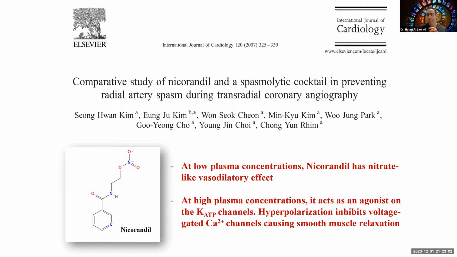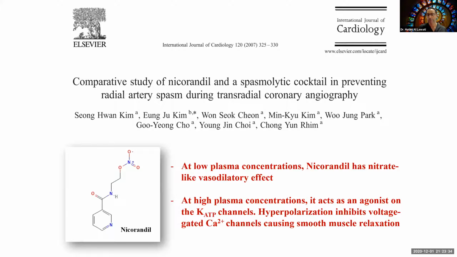And then we have another novel vasodilator which was studied, Nicorandal. Now, Nicorandal is unique in that its pharmacokinetic properties depend on its plasma levels. So at low plasma levels, it has vasodilatory properties similar to those of organic nitrates, nitroglycerin and isosorbide mononitrate. And at higher plasma concentrations, it actually inhibits the ATP potassium channels, and the hyperpolarization that results from blocking those